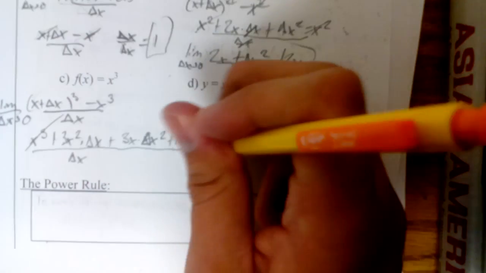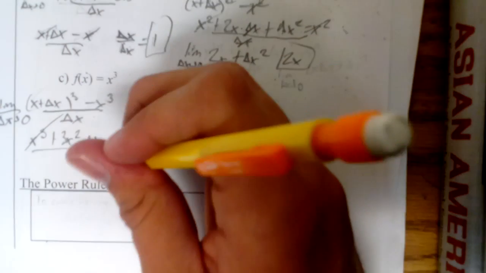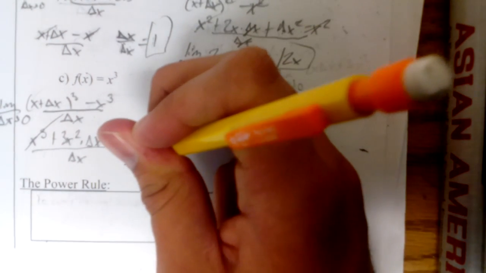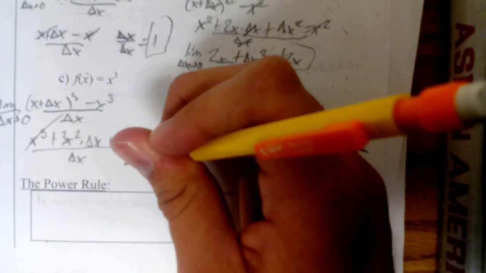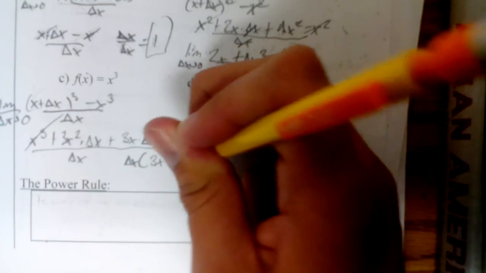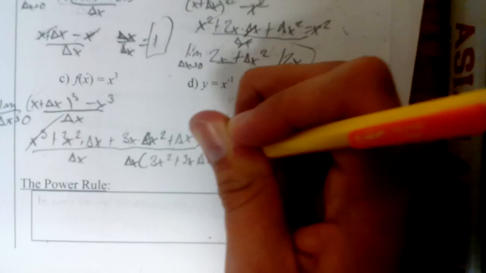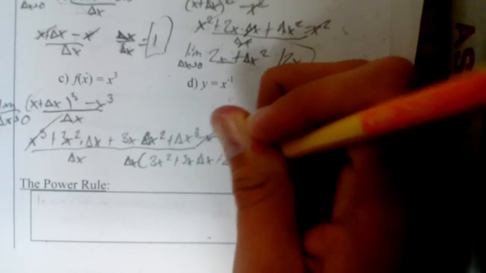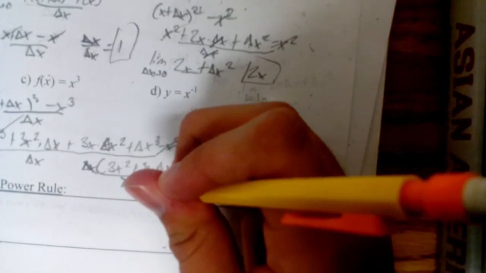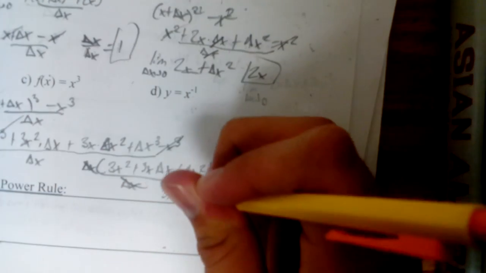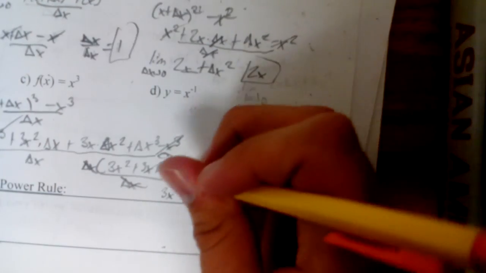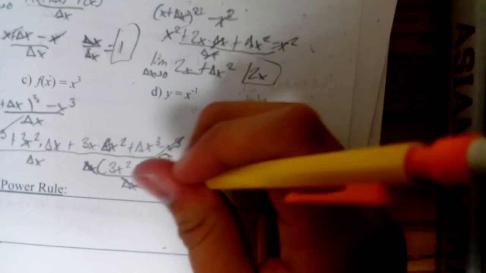And so the x cubeds cancel, and you can factor out a delta x from the rest, so you get delta x times 3x squared plus 3x times delta x plus delta x squared all over delta x. You cancel the delta x's, and you direct substitute: 3x squared plus 0, those go to 0, this goes to 0, so you have 3x squared,